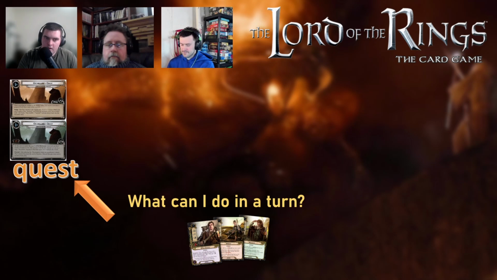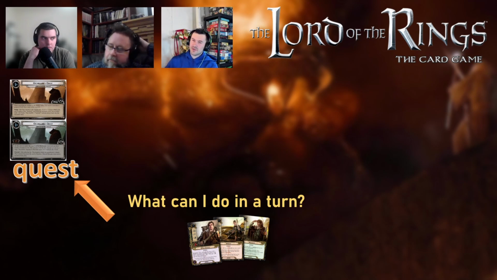So alrighty, once we have put everything into the questing or the staging area, then we have to make engagement checks. So Jason, what are engagement checks? Basically, if their threat, which is the technical word for the top left thing, not their willpower, is equal to or lower than yours,